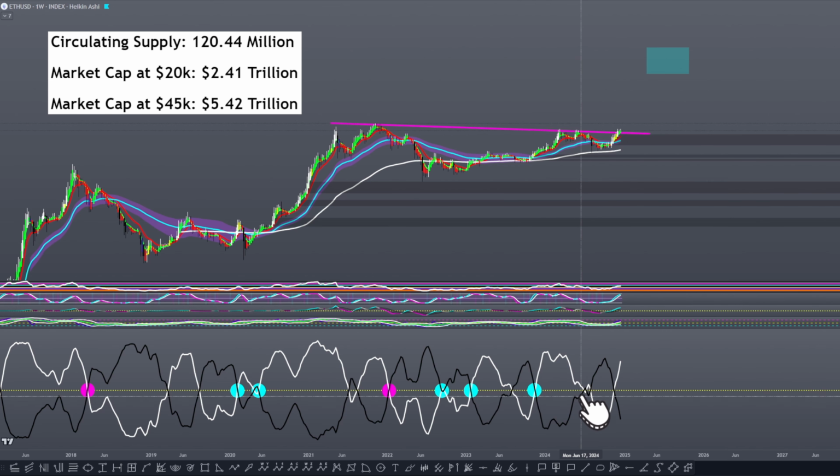Now we have 5, we have 6, 7 would have been, which I don't have labeled here. And actually, now that I'm looking at it, I don't have the ninth cross labeled right here. So before I get to that, I'm going to put this here. So the seventh cross would have been somewhere around July 2022. Had you bought here, you would have seen some short-term downside from around 3.4K all the way down to 2K.